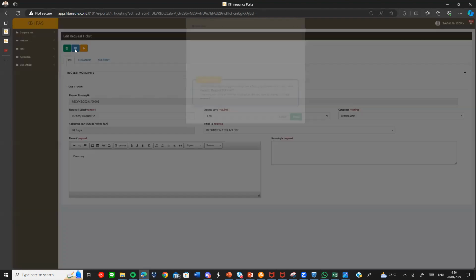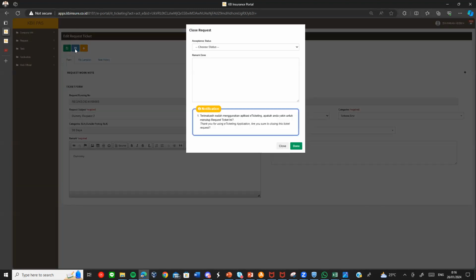And the last step, if it is already approved or done, there will be a close request by the user requester. The requester can close or reject the ticket.